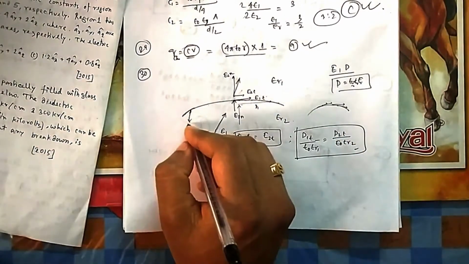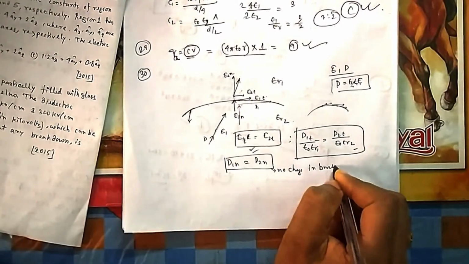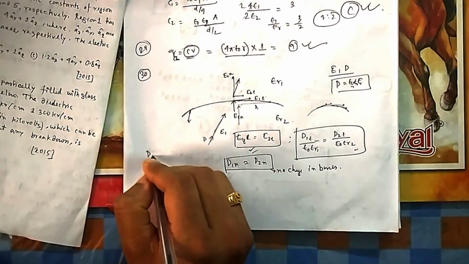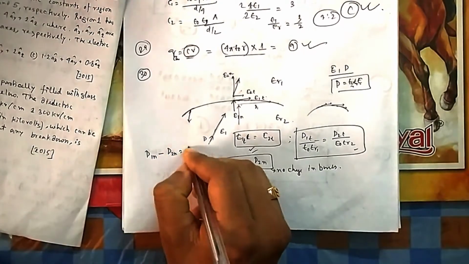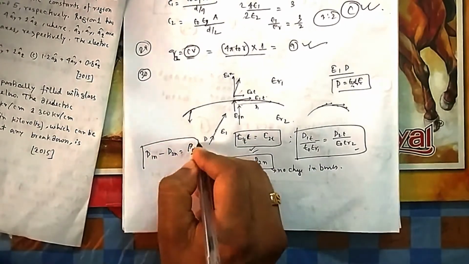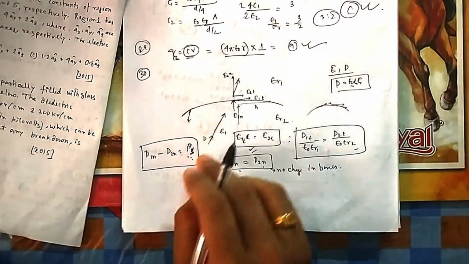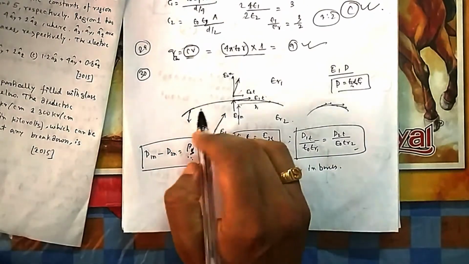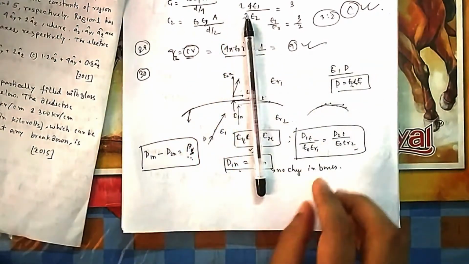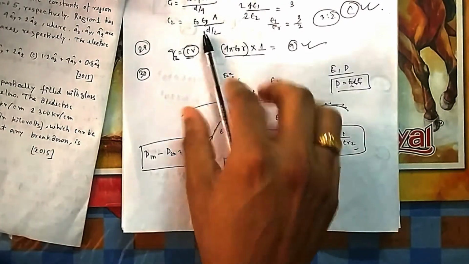Suppose there is a charge placed here. Let me write it with no charge in the boundary. Suppose now you place a charge here, then that will also contribute to the density, and in that case D1n minus D2n will be equal to the charge that you placed on that surface. If you don't place anything, then it is 0 and both are equal. Otherwise the difference between the flux densities comes only due to that charge density. If there is no charge, just a flux density from wherever, the density will remain the same irrespective of the medium.